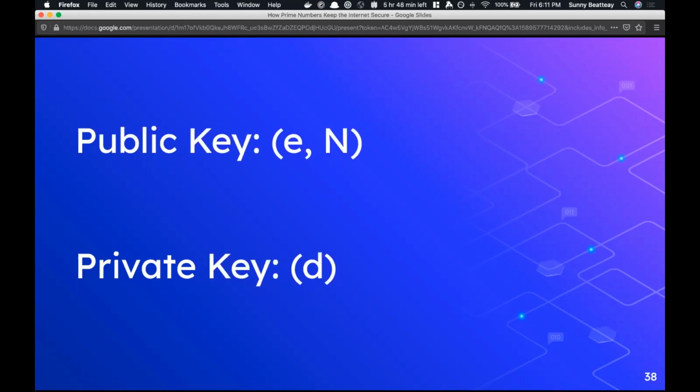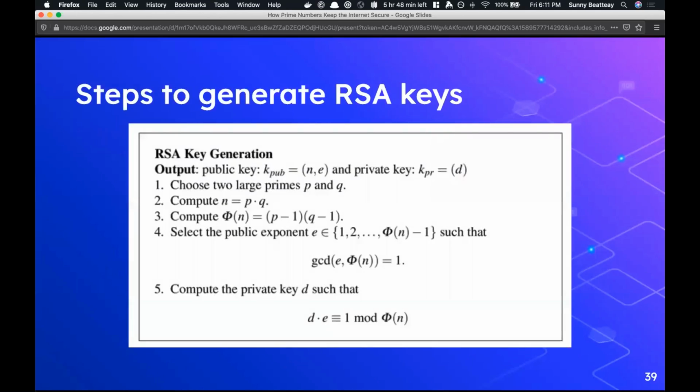So how do we actually create this public and private key? There are five steps we're going to need to do in order to create these numbers, and the five steps are right here. You can notice this is where the math comes in. It's a little intimidating, but don't worry, we'll be going over it step by step. But the most important part of this entire process is the output. The output is going to be a public key, E and N, which I mentioned before. I kind of mix them up, but it's the same thing.